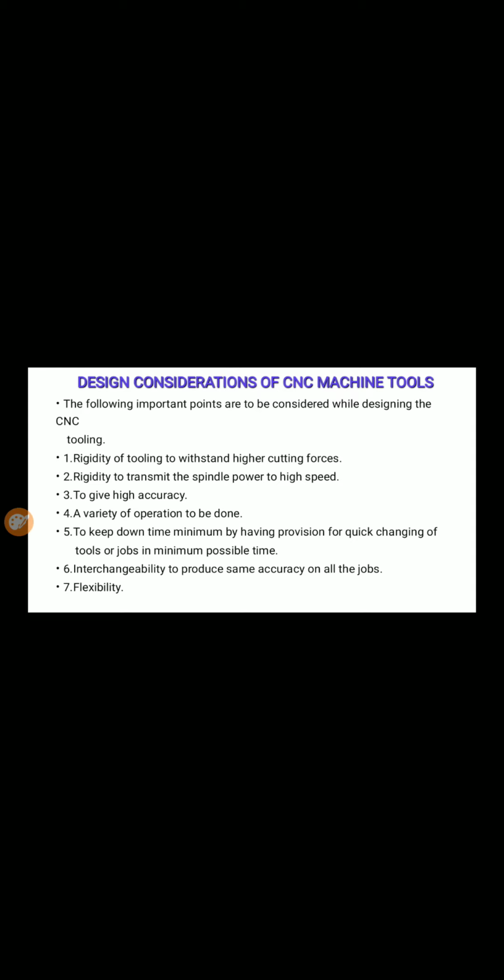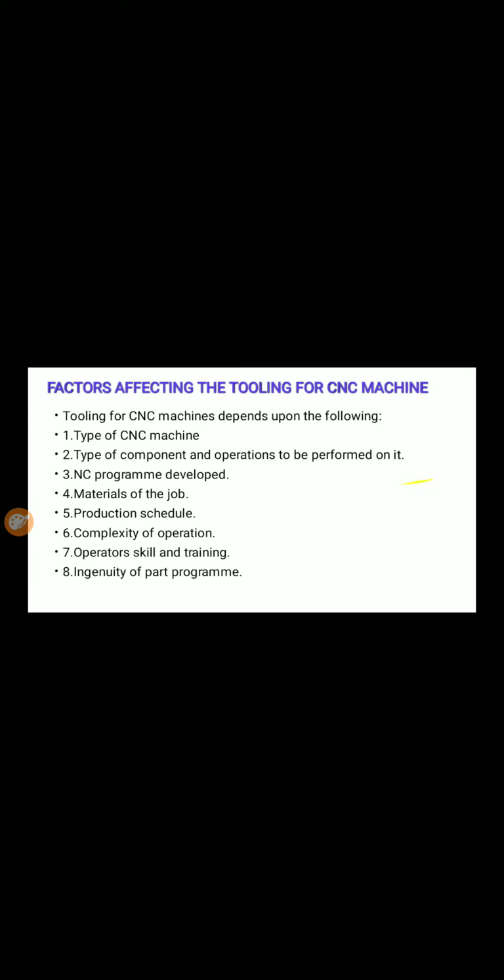And at last it is the flexibility. Let us suppose our machine is running to produce some particular job, and after one day our customer asks for some other product which is in demand. We must change over within a fraction of a minute, because that is very difficult on a conventional machine. This is the only reason why we have adapted from conventional machines to NC and from NC to CNC.